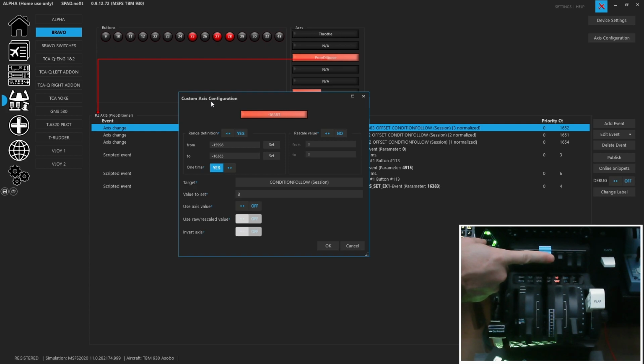So since the prop lever is all the way to the top, you see minus 16,383. So I came here and I hit set. Then all I did was I barely moved it back. I wanted it to be right at the edge, and then I set the next value. So that makes it that in this tiny little spot, it will,